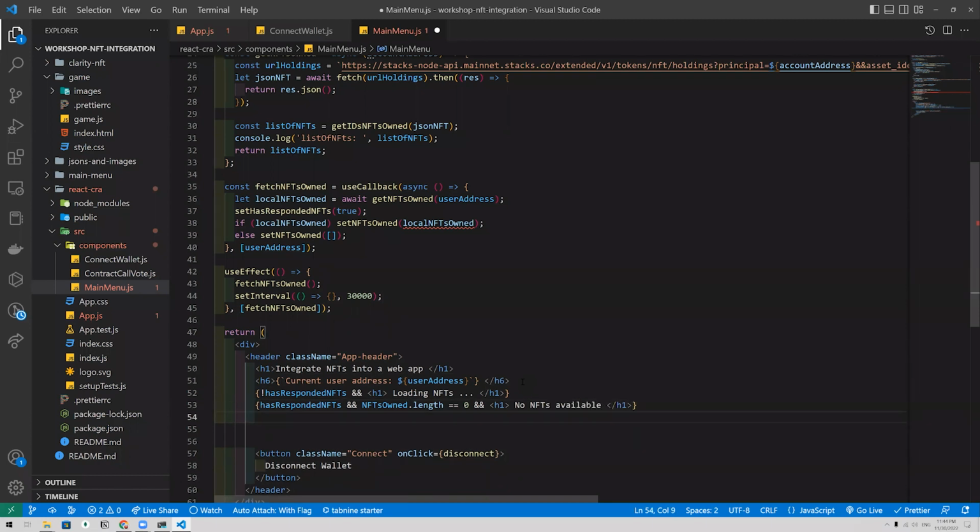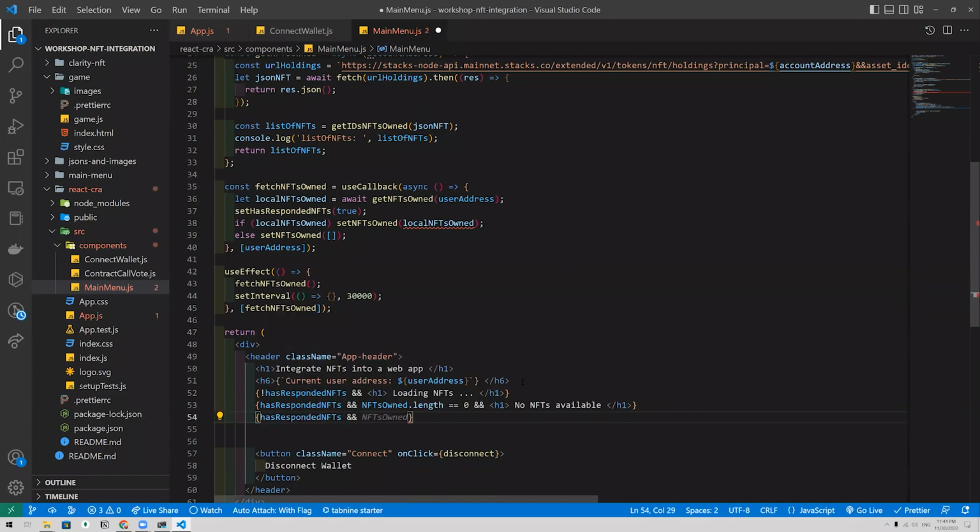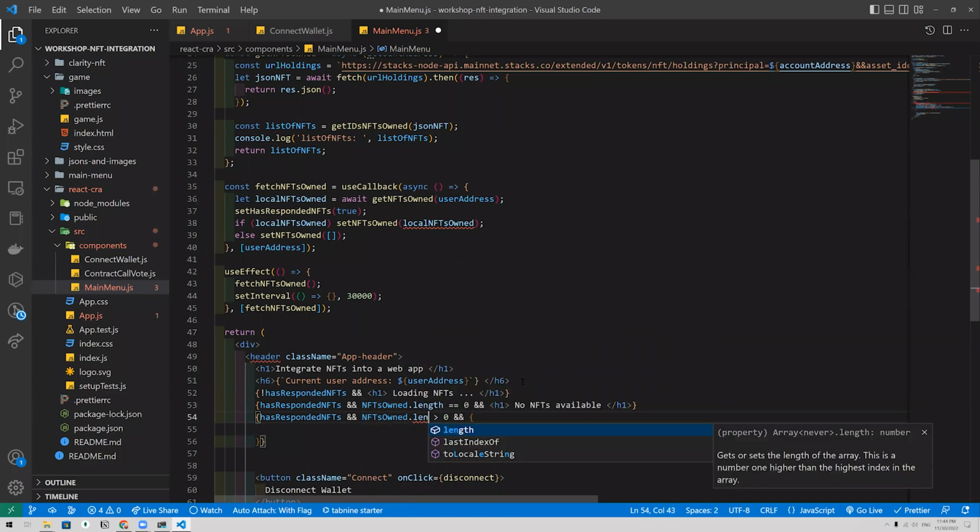And the last case where the response is done and the NFTs owned exist, nftsOwned.length,